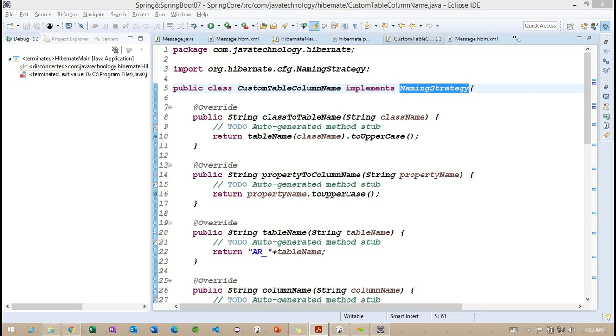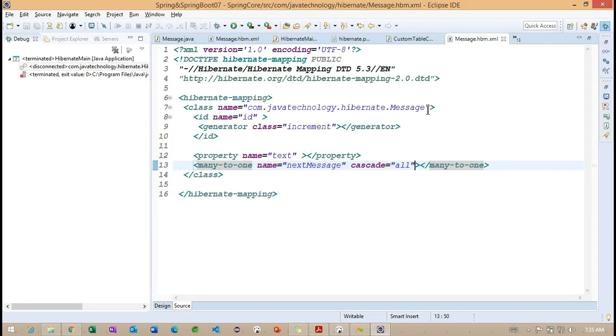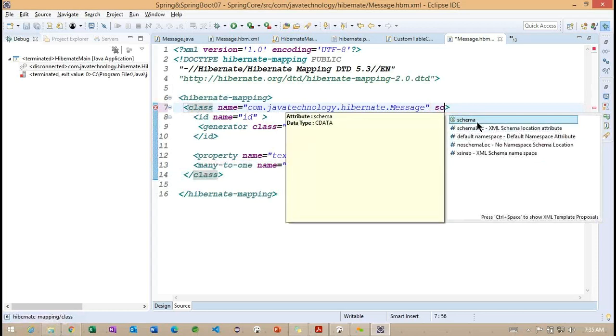To create this particular schema, first what do we need to do? Inside this mapping file, we have an option to provide the schema. So here we'll have a schema, and here also we can specify it.